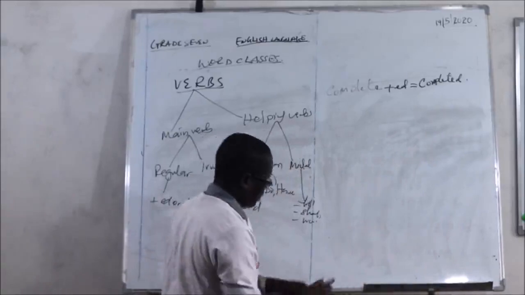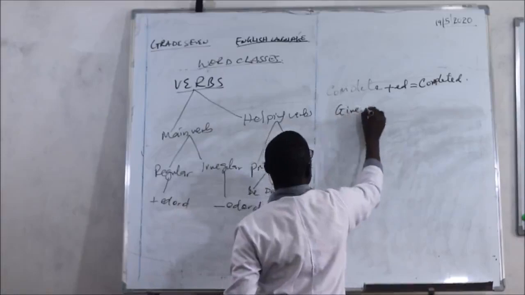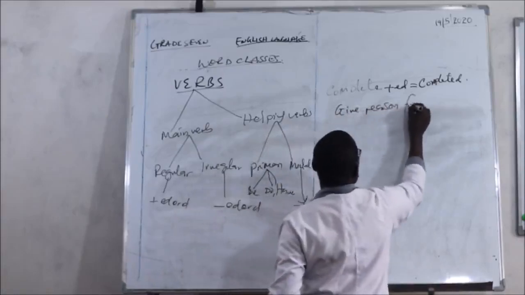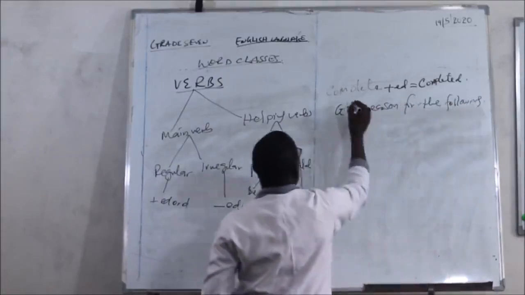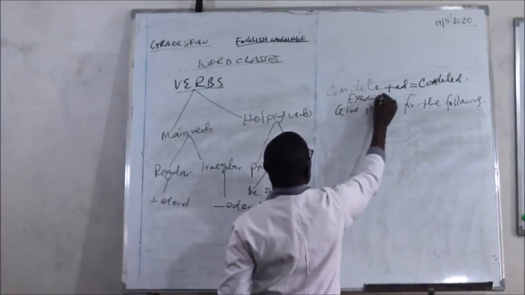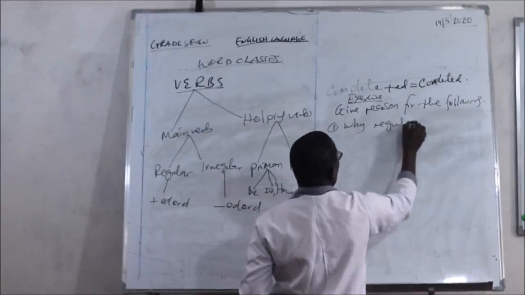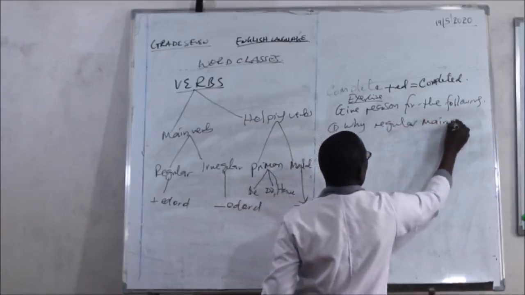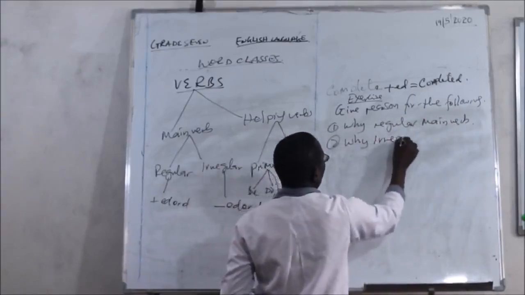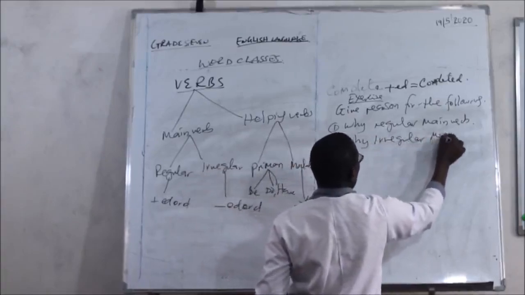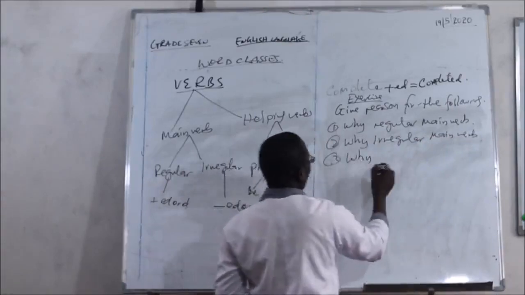Give reason for the following exercise. Number one, why regular main verb? Number two, why irregular main verb? Number three, why a verb